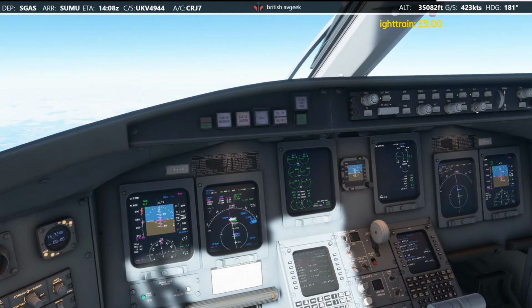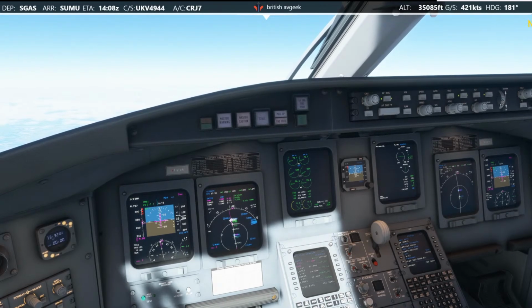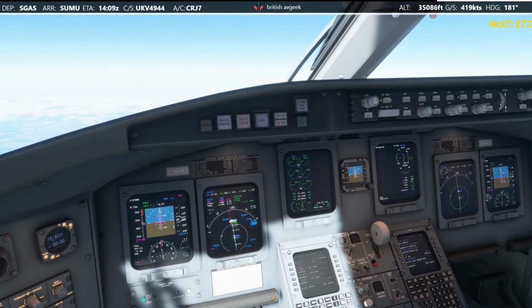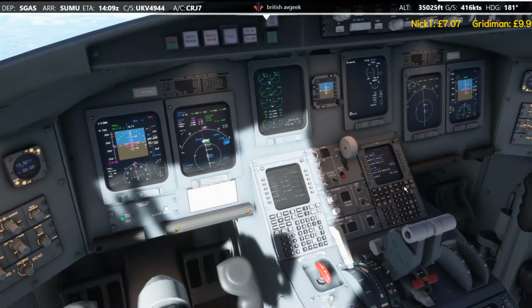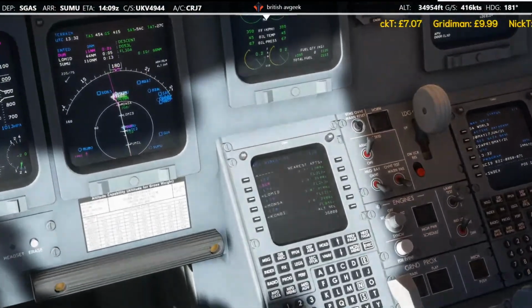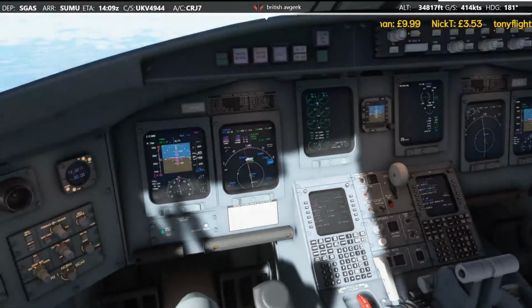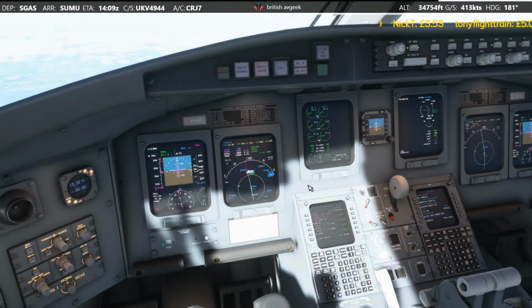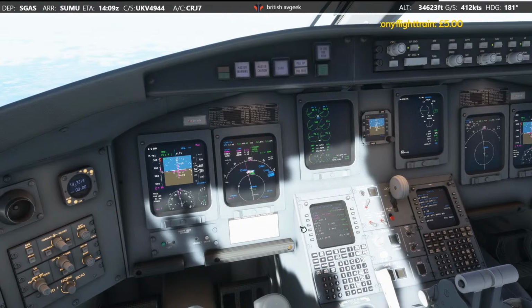Oopsie. Vertical speed mode, so I've brought the throttle down because we're going to be descending. There we go. We need to go direct, so direct Combi, execute. This is how he's given us the shortcut now. So he's given us a bit of a shortcut, and what it's doing is